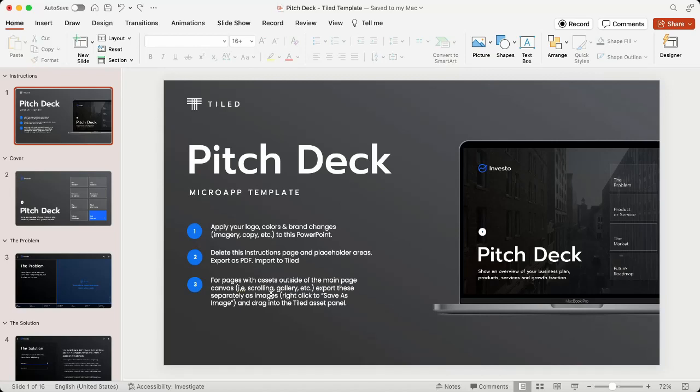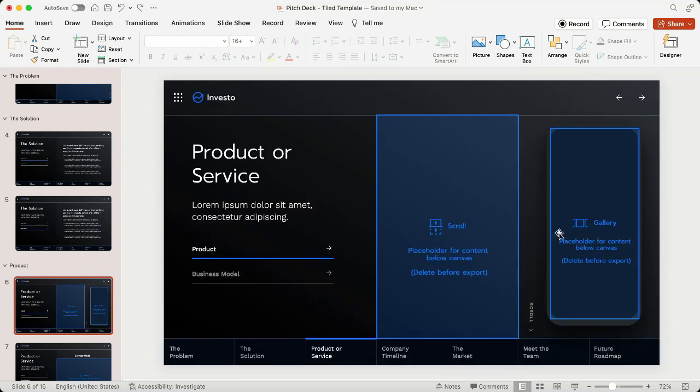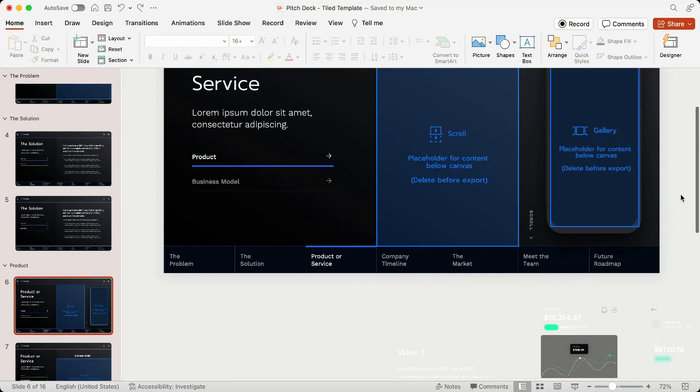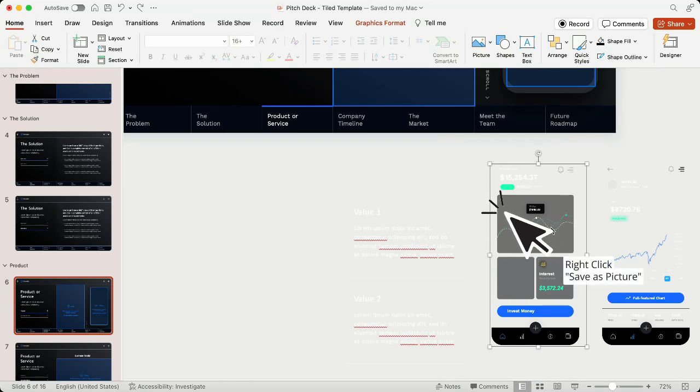The other outer canvas assets that we will be focusing on in this video are the galleries. On the product and service page of this template, you'll see there is a blue placeholder for a gallery, which means that there are assets underneath the canvas that will come in. So just like we did with our scroll, we'll right click, save as picture, and then we'll bring those into